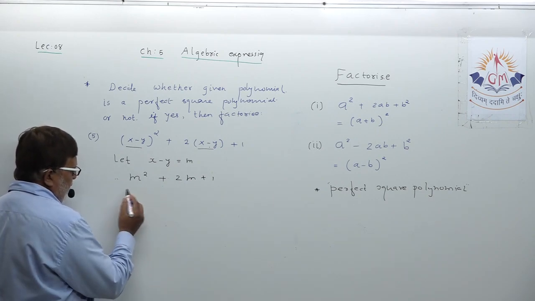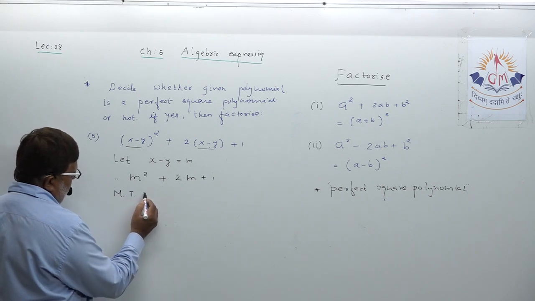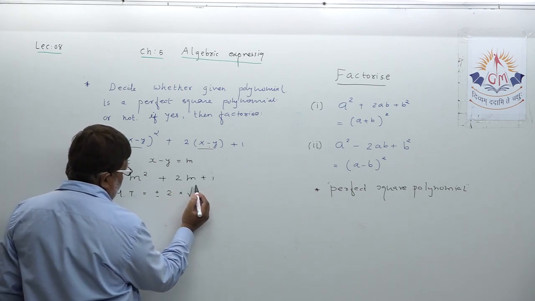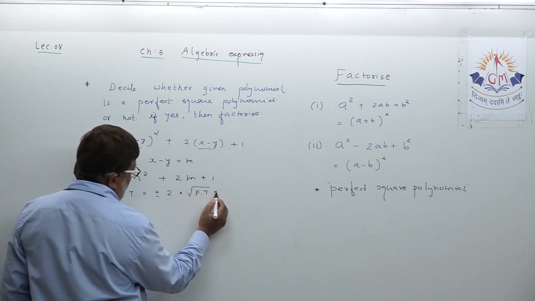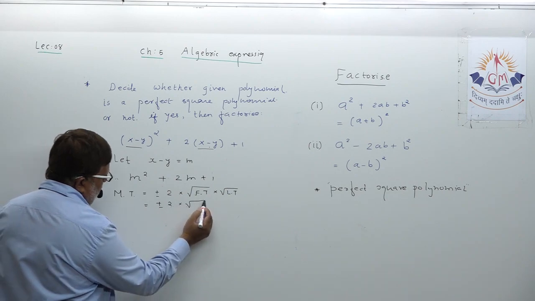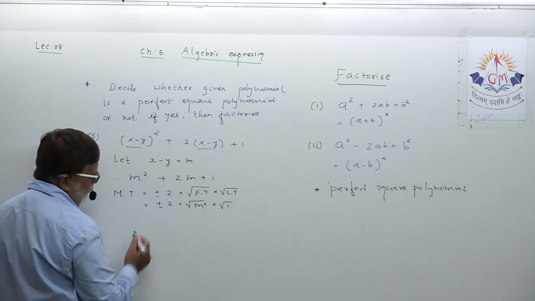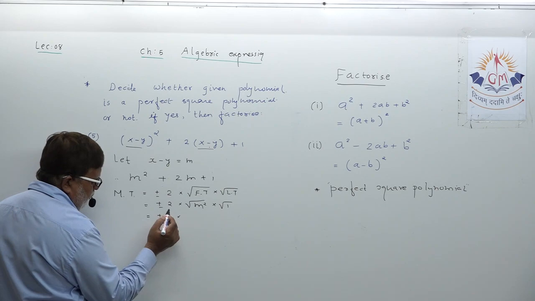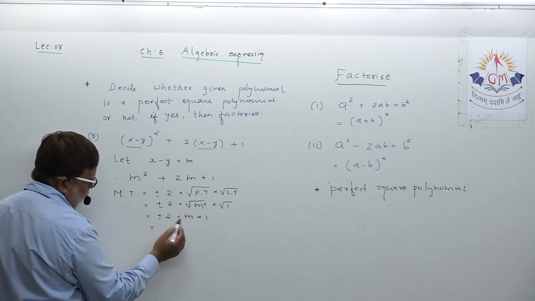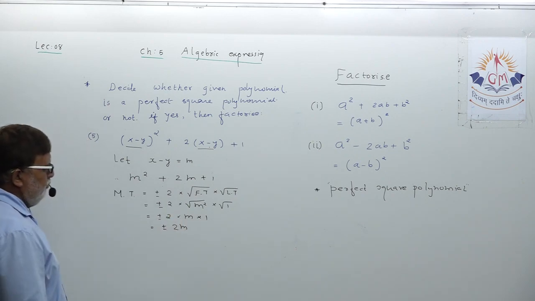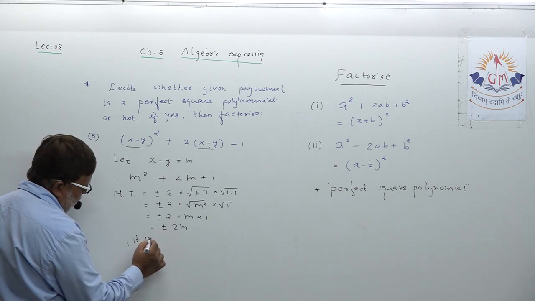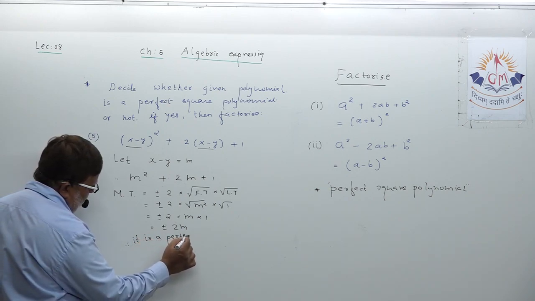Let us now indulge ourselves in the process. Middle term. The formula you all know: plus minus 2 into square root of first term into square root of last term. Plus minus 2, square root of m square, that is m, square root of 1, that is 1, you multiply: plus minus 2m. You got the middle term matching with the given, so you can say it is a